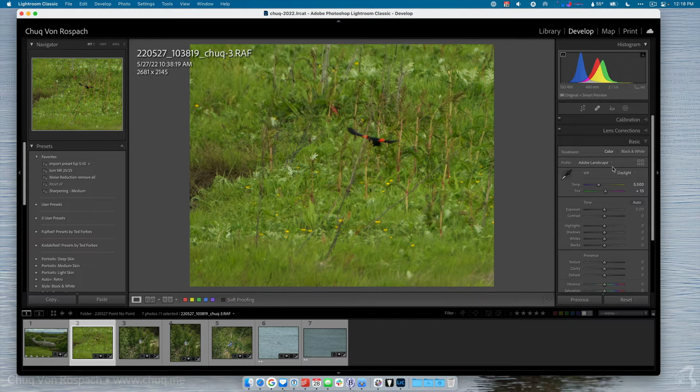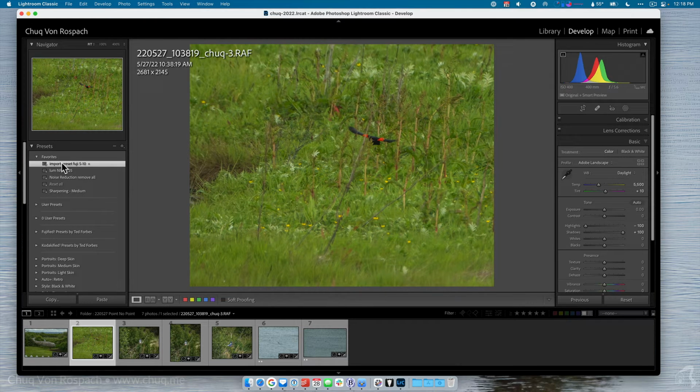I can actually take the preset off and show you this is how it looked coming out of the camera. And then here's the import preset again, and you can see it's doing a few things. But the big thing is that the highlights and shadows get kicked in like that. That is a technique I learned from Art Wolfe. And when I took his Olympic National Park photo workshop in 2019, I was kind of amazed at watching him do this to images and how he could consistently get interesting